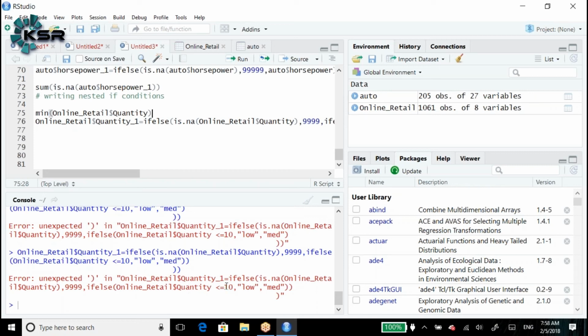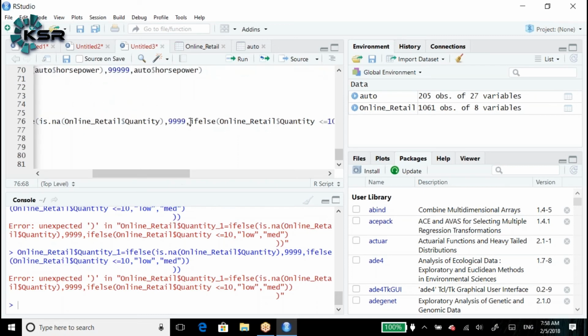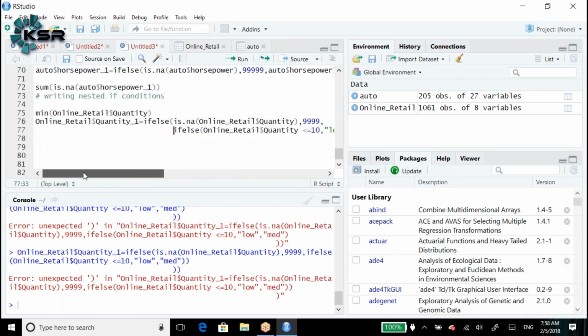Online retail dollar quantity one, we create this one variable. Could you please divide the code into two parts? We are not able to see the full code. Okay, now we can.